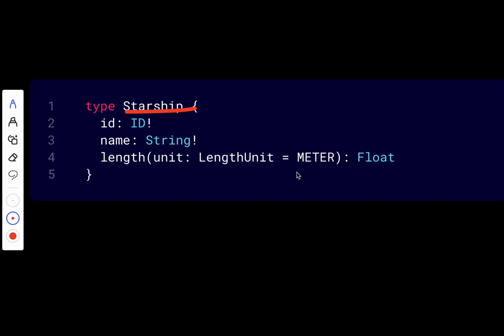Unit is an optional argument of the type LengthUnit. The default value is meter. So if a client doesn't provide this argument, meter is assumed. And we have what we call the return type. The length field returns a float. You can use these arguments to decide whether to convert the length to meters, feet, or another unit in your